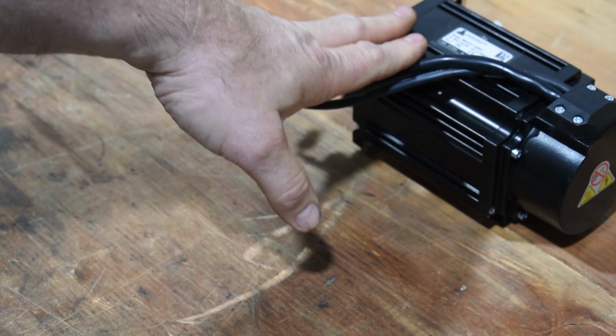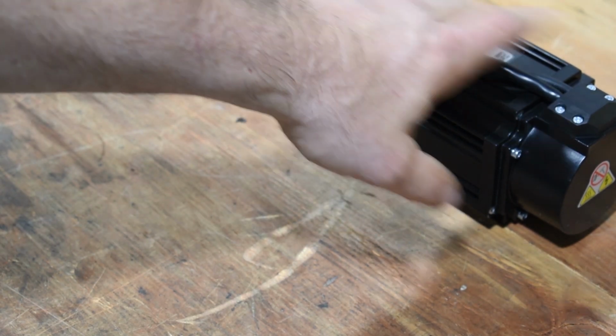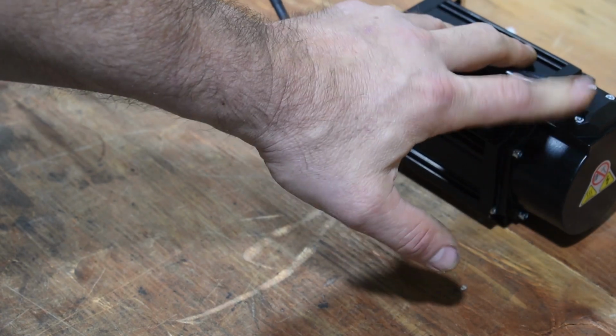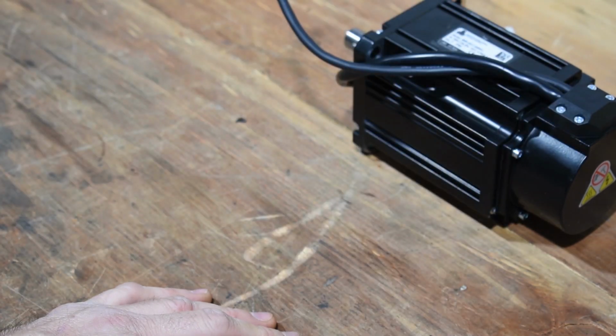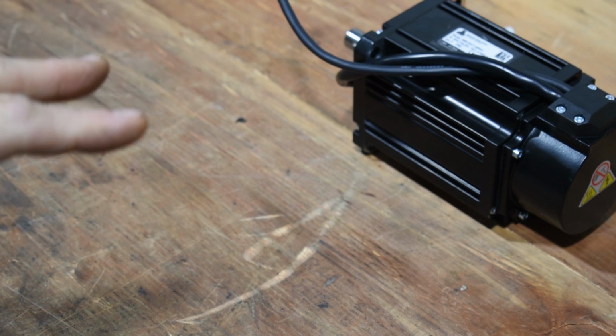If you do your research, you'll find that apparently the motor itself is probably made in China, and the encoder, which is the soup and nuts of everything, is made in Canada by DMM. And part of the reason why I shied away from the Bridgeport, although the Bridgeport steppers that were on there had probably the same amount of power as this,